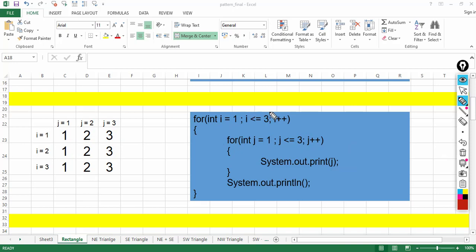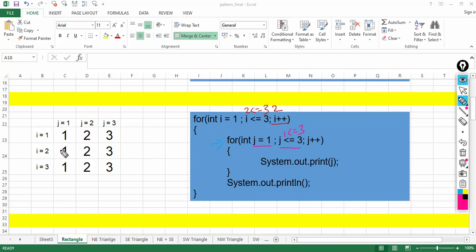Then control comes here to the update part of the outer loop, i becomes 2, condition becomes 2 less than equal to 3. Control comes inside and this time j is initialized with 1 again, condition becomes j less than equal to 3, that is 1 less than equal to 3 again.